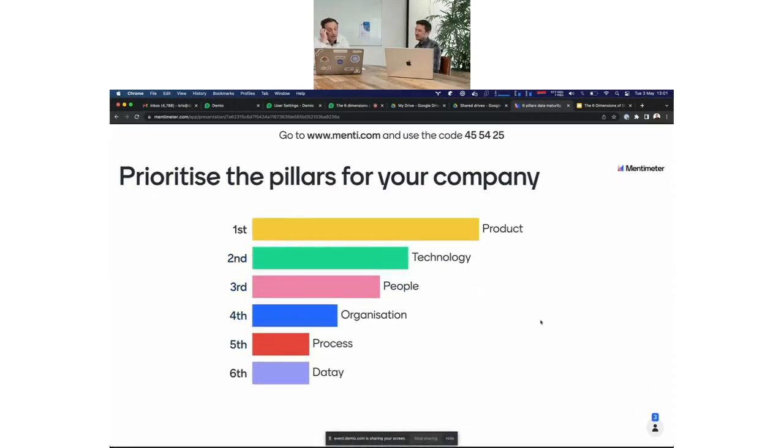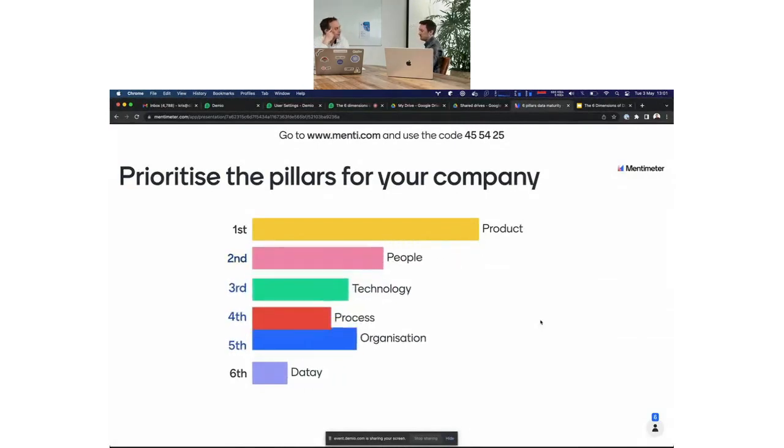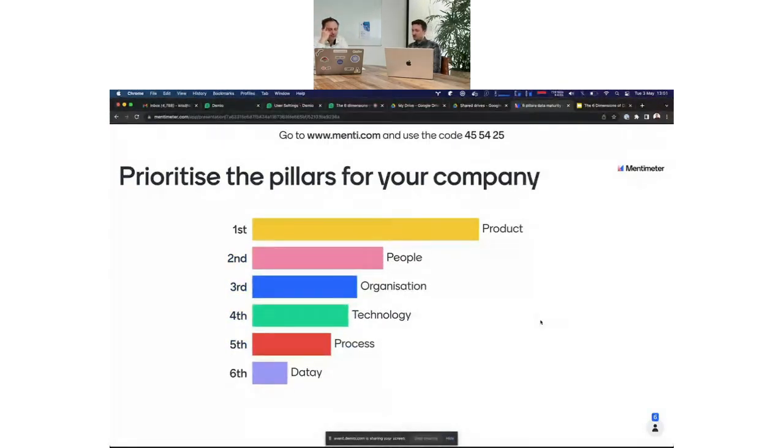Okay, so product, I like it, the product is first, well, at least for now, because in the end, without a product, you have no value to bring, and your initiative will die sooner or later. Ultimately, all of this is about the product, right? Indeed. Delivering a high quality product that is sustainable and scalable. Yeah, exactly. It's a bit dangerous that process is so low, because we see companies struggling with process a lot, right? That people is quite high. I do really like that.